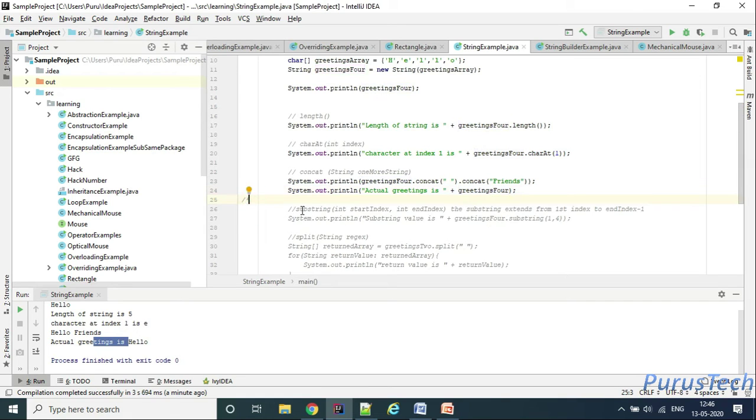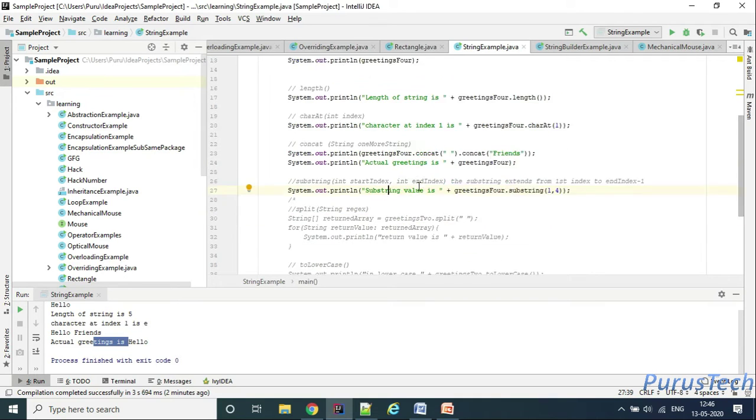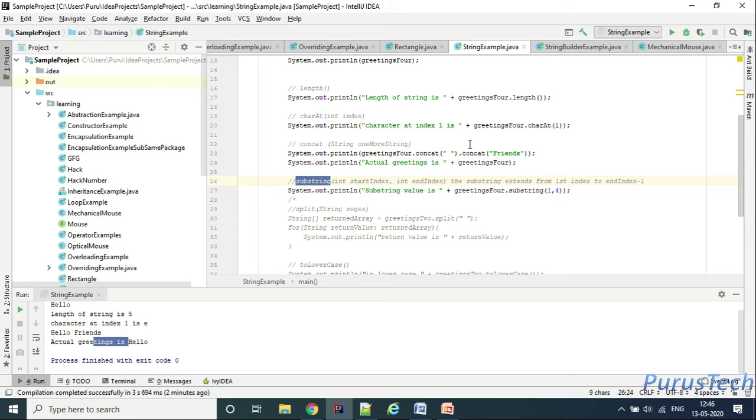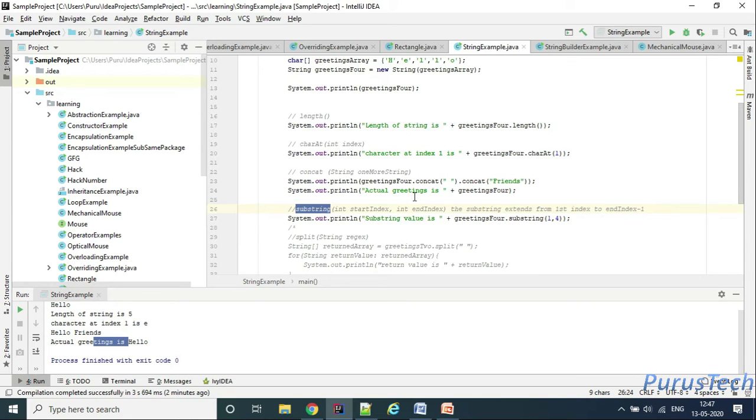Let's see one more method, called substring. The substring method takes the start index and the end index. It returns a part of the string.